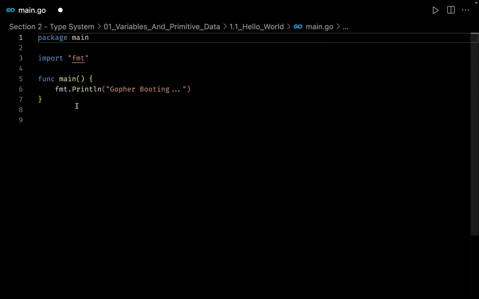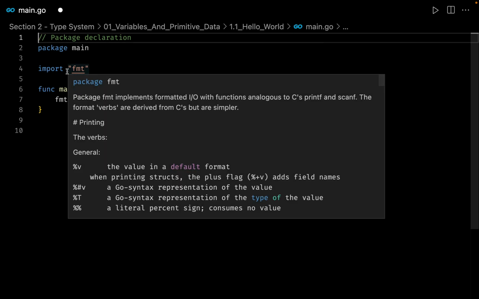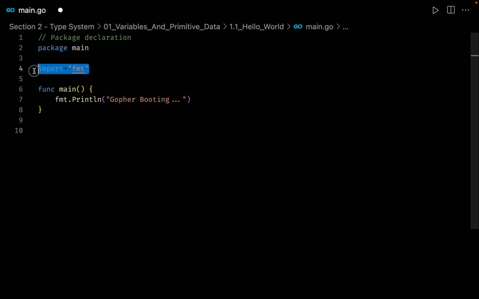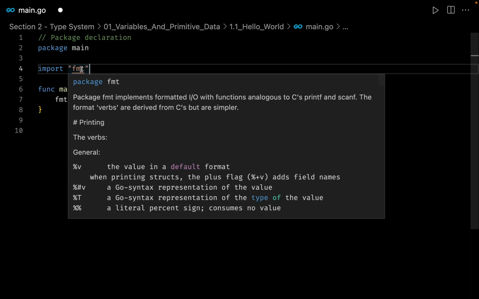So let me put up a comment right over here. So the first thing that we want to do always is we want to declare the package. The next thing that you can see on line number 4 is we are importing a package called as fmt. Now just as we declared this package as main, similarly we are importing a package which is called as fmt,